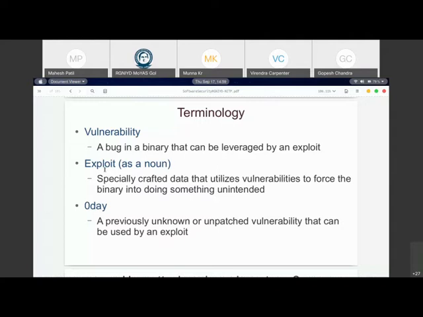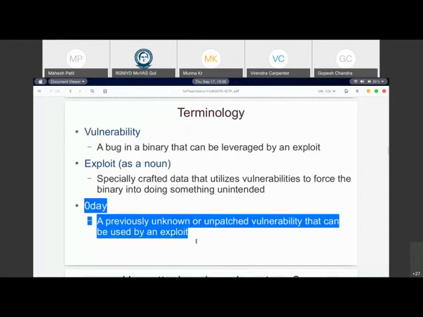A lot of people disclose vulnerabilities, and if you, as a security engineer, find a vulnerability which is not publicly known, either to the vendor or through any of the public mechanisms, then you typically call it a 0 day. When you say 0 day, it means that you have 0 days to fix that particular vulnerability. And that is why people even get highly paid to find a 0 day in a system.